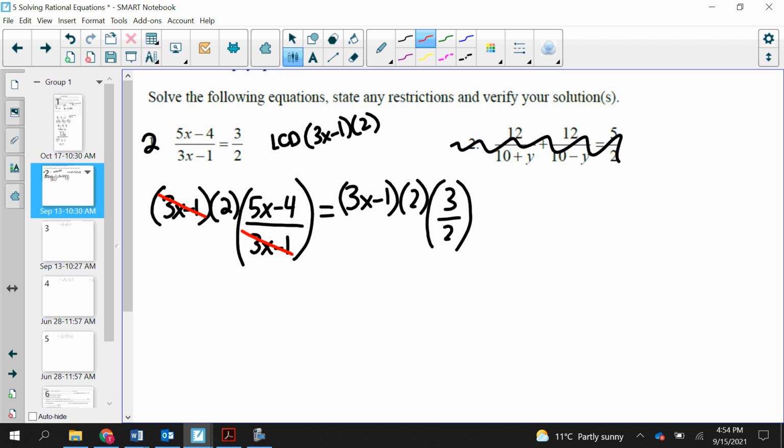I have a 2 as a numerator and a denominator. So once I cancel some things out, you see now I no longer have the fractions, just like we did in that last question. So now it's going to get a lot easier to solve for x. So what we'll be left with there